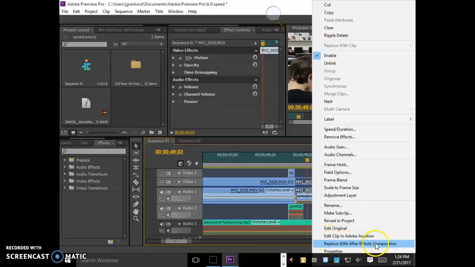replace with After Effects composition, and that would open up an After Effects thing, and then you could have your effect on that exact amount of footage, which is actually the way that I recommend doing it. It's a better workflow. You're only editing the amount of clip that you need. It's a better way to go. But if you're putting your effects on the clips first and then exporting it, it's going to work out too. Alright, so I'm going to go back to